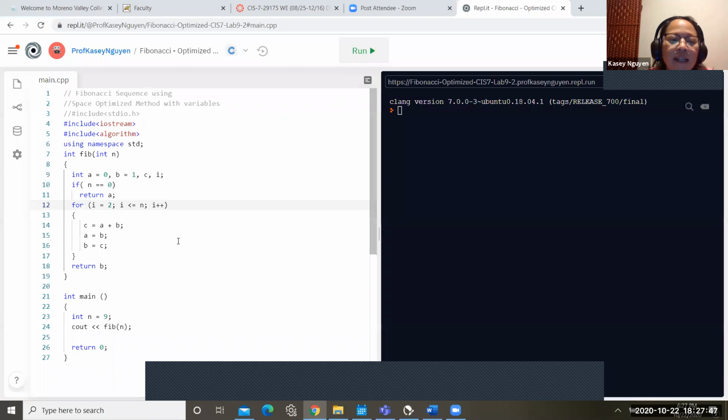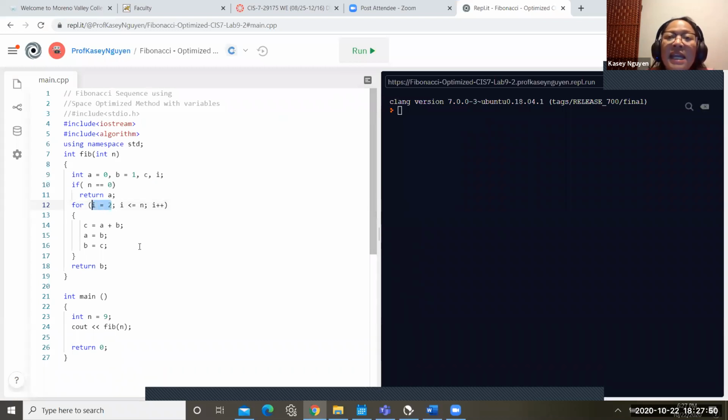So with that, this is why the for loop begins at index 2. i is 2, and it's going to go up to the nth value, and we would specify that in the main. So in the for loop, what do we want it to repeat doing? The addition, of course, to generate the Fibonacci numbers. So we would say that c is equal to a plus b, and a is equal to b, and b is equal to c, and return b.